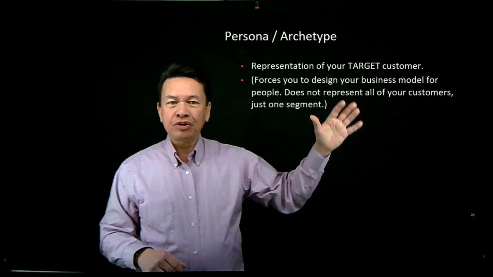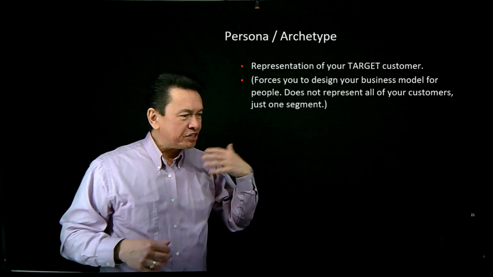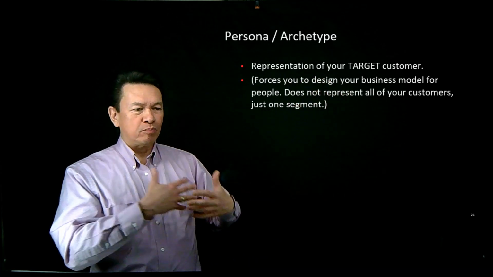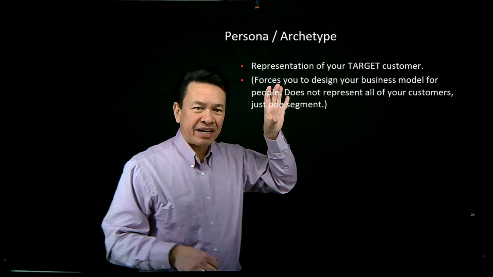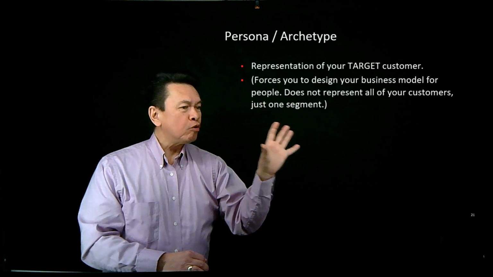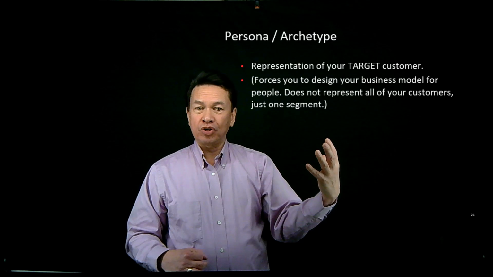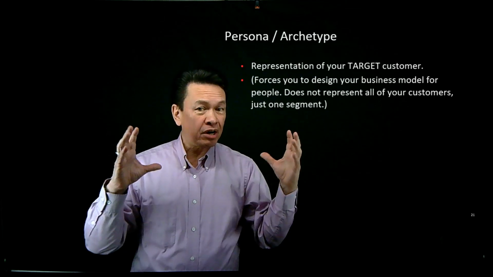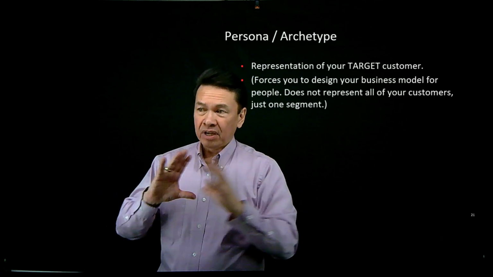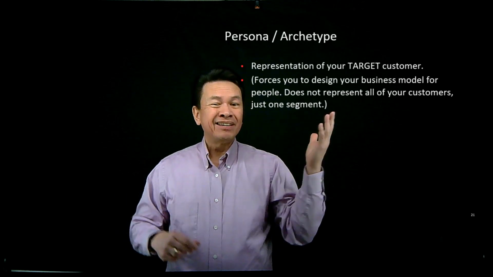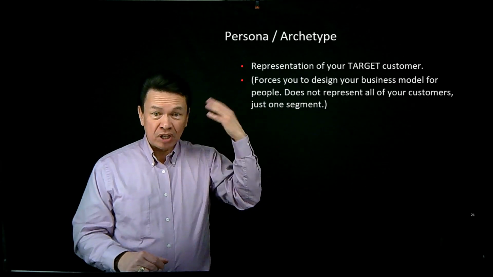And the reason we do that is it forces us, when we design our business model, and we start designing our marketing, we're designing it towards actual people that are going to buy, right? We want to have that feeling when we're doing it, as opposed to just some generic numbers like, oh, I'm going to sell to the 18 to 34 group. That's great. We all understand it from a logical standpoint.